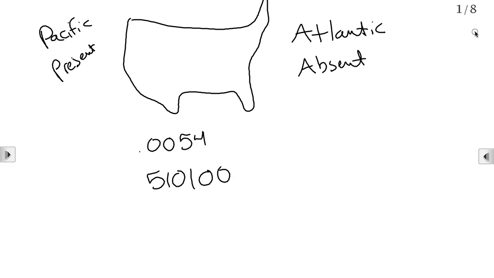The decimal is absent, so I'm going to start in the Atlantic. And so I'm going to start counting at the first non-zero, and I'm going to keep going. So, 1, 2, 3, 4. Okay, so let's look at